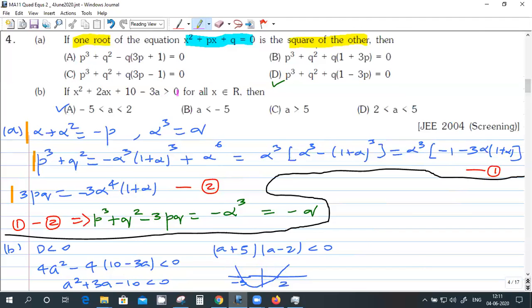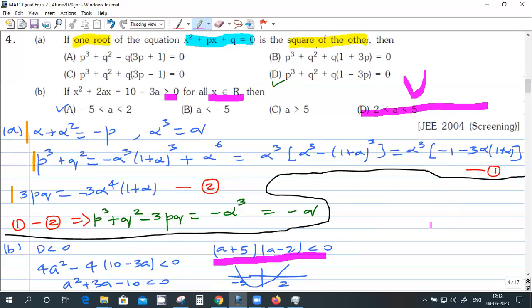Whenever a quadratic is greater than 0 for all values of x, then it should be like this. X square is positive, no? So it is like a U, and the x-axis should be below. That means the discriminant should be negative. The discriminant is a quadratic in A, and that factors like this, and this thing has to be less than 0, so it should be in between the roots.